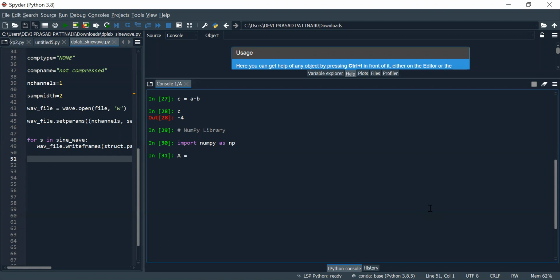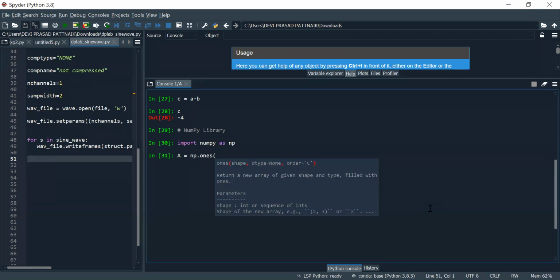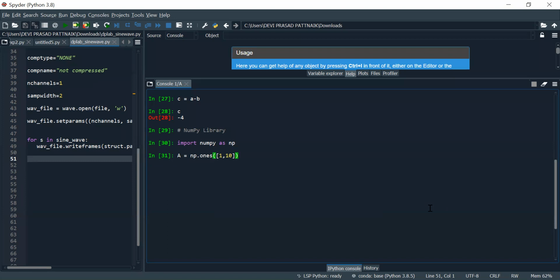Let me write a is equal to np dot ones, and I'm giving some parameter 1 comma 10. I have written a is equal to np dot ones, and I have written in square brackets 1 comma 10.